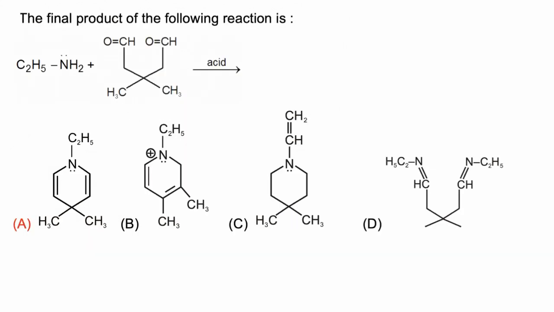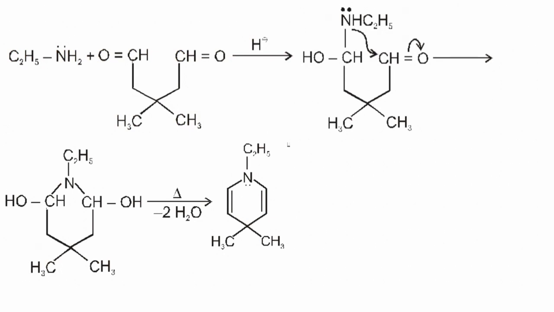In this question we have to find the final product of the following given reaction. Now this molecule has 2 carbonyl groups, and a carbonyl compound on reaction with an amine will form an imine under acidic medium. So in the mechanism of this reaction, the carbonyl group acts as an electrophile, having a partial negative charge on oxygen and a partial positive charge on carbon. Now this nitrogen will act as a nucleophile and donate a pair of electrons to carbon.